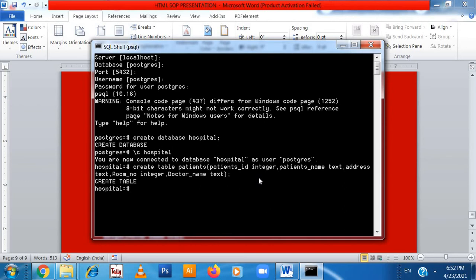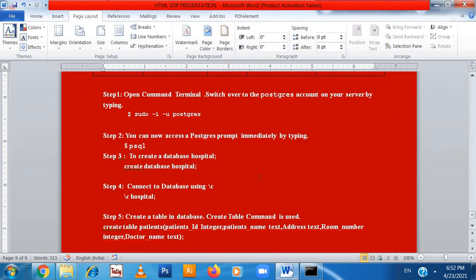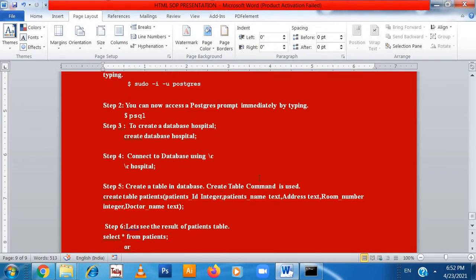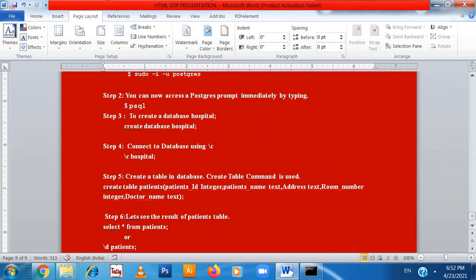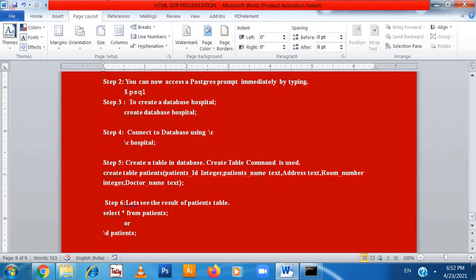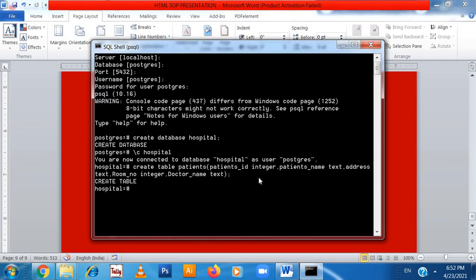So now the table has been created. Now after the table, let's see the result of the patient table. So what we need to type, we need to type select star from patients, semicolon, enter.